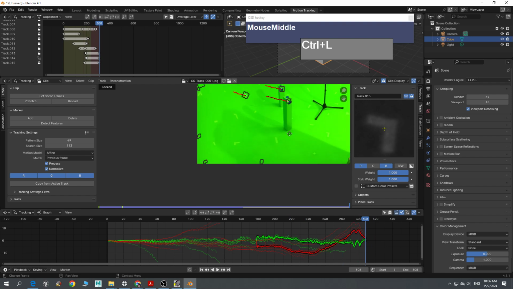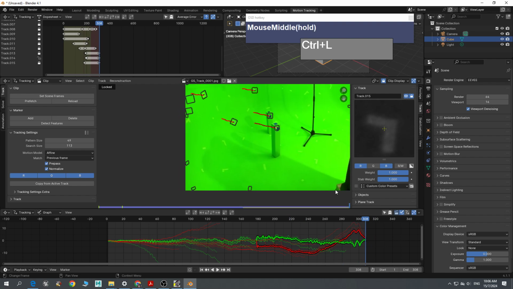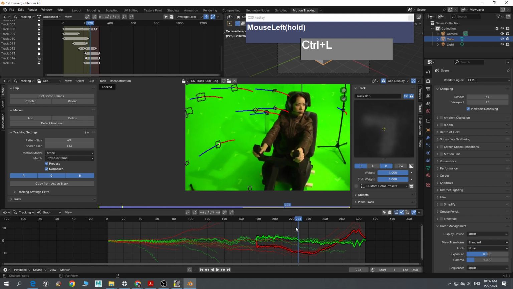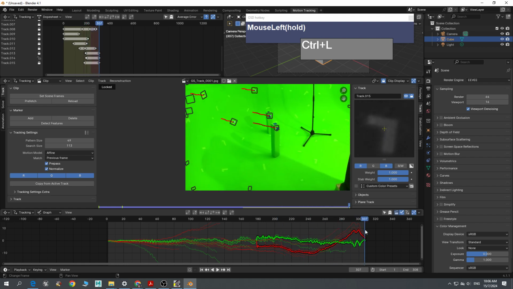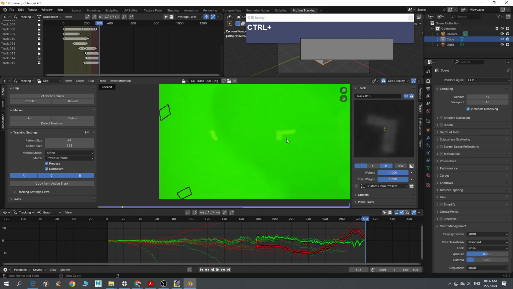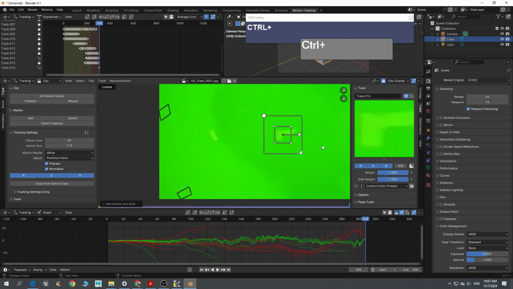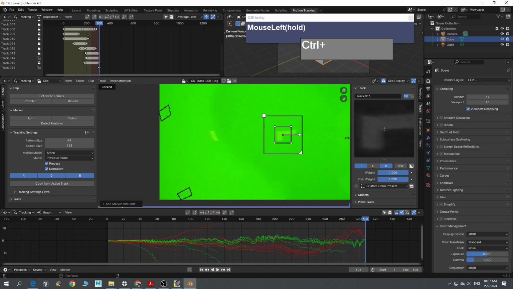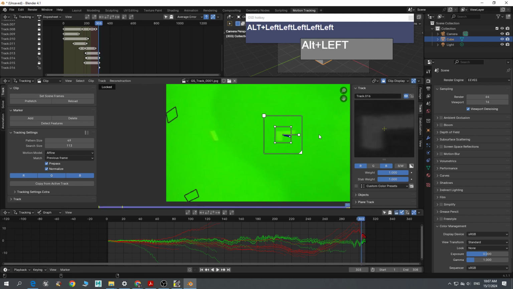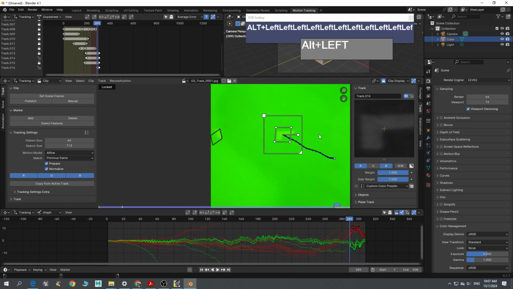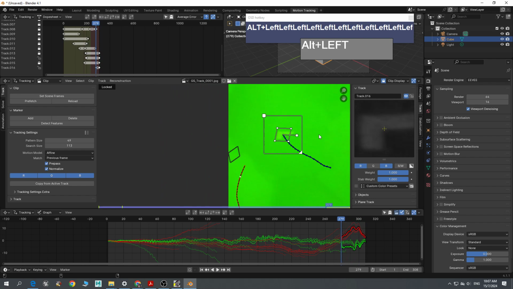So I'll start from here and then see where else I can track. Okay, I see another potential pattern. This one here on the ground. Okay, so we'll track backwards. Go and take your stuff. Press Alt and then left cursor. I'll just hold down